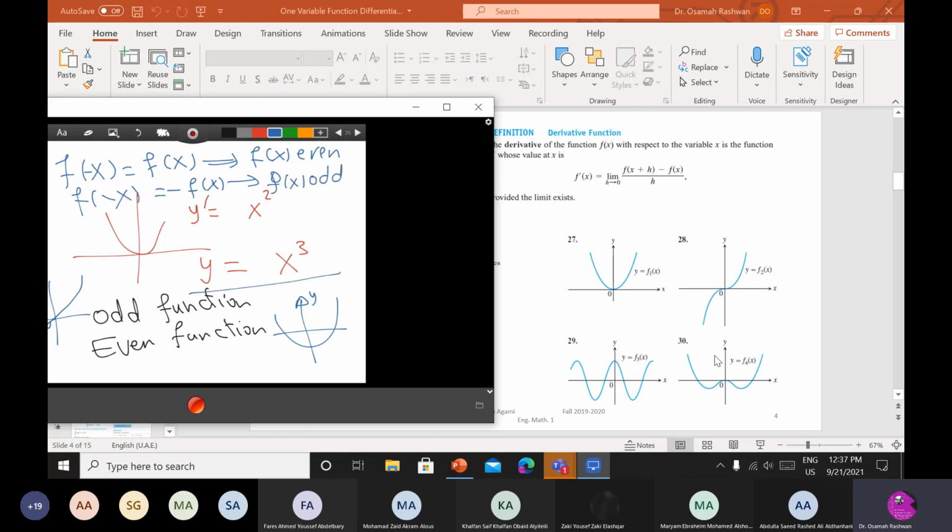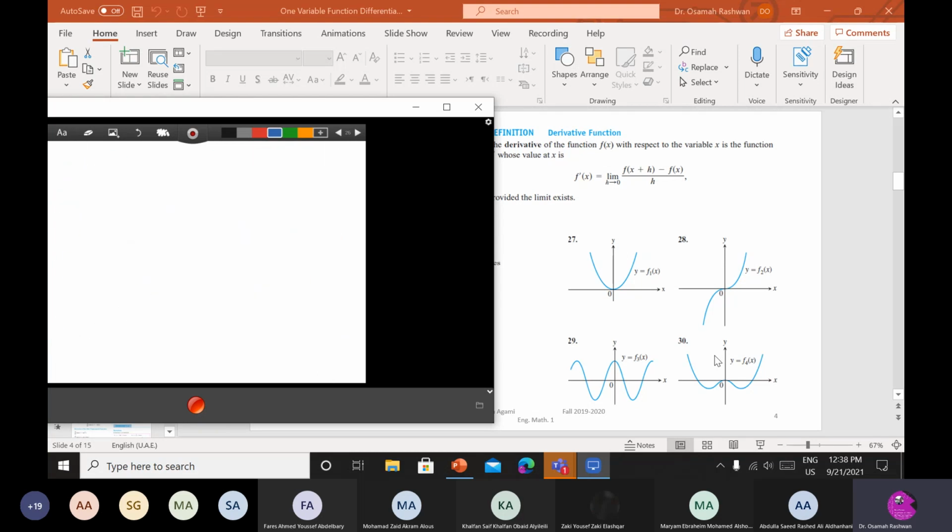تمام؟ طيب y equal to x cube. لو انا بدلت الاكس بماينس اكس هتبقى minus x to the power كام؟ 3. طالما الاس فردي if you have odd power يبقى النيجاتيف stay as it is. تمام؟ يبقى ال y equal to x cube odd function ولا even function؟ odd function. Okay, y equal to x to the power 3 odd function. يبقى symmetric with respect to the origin or not؟